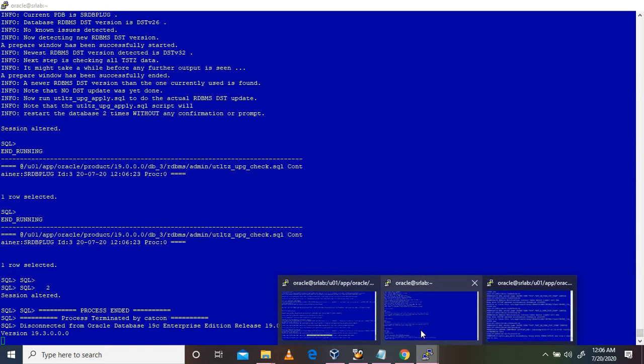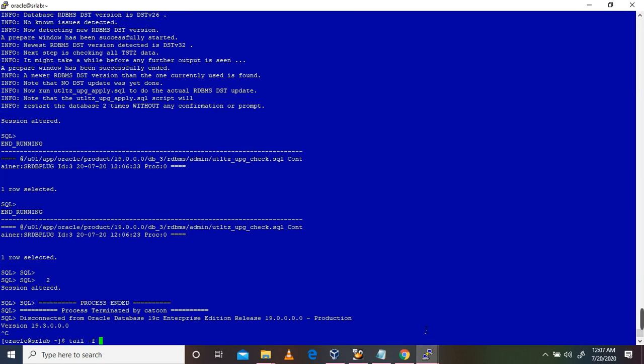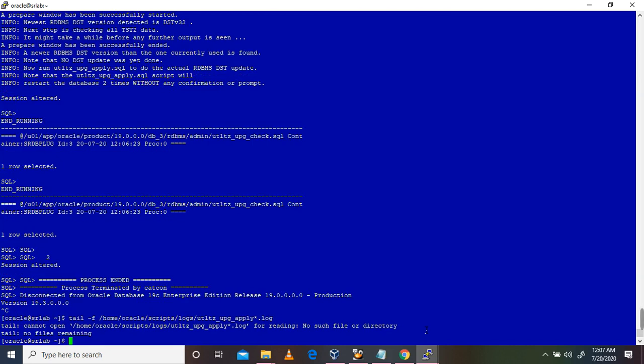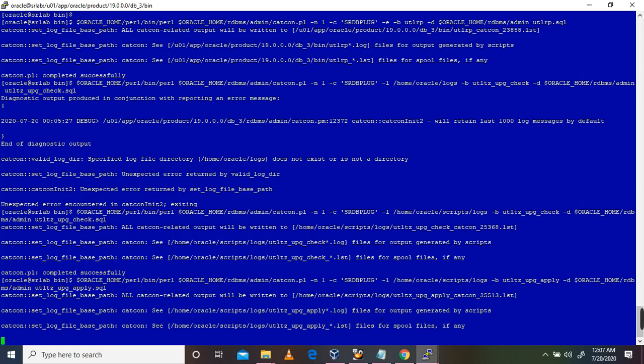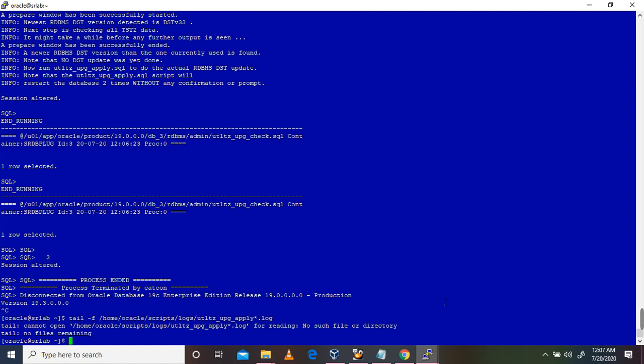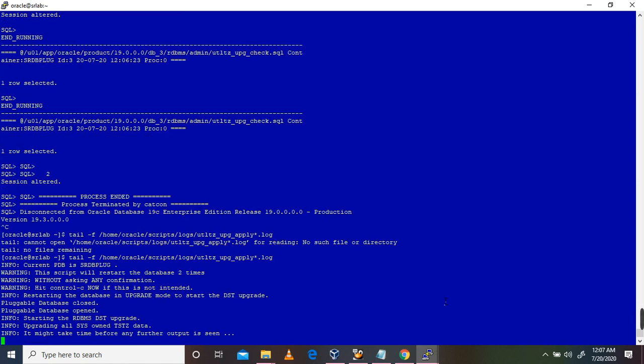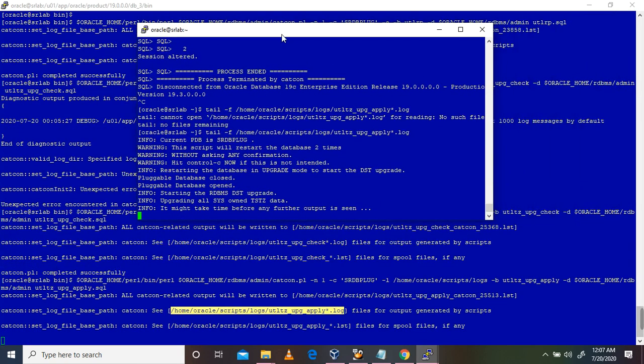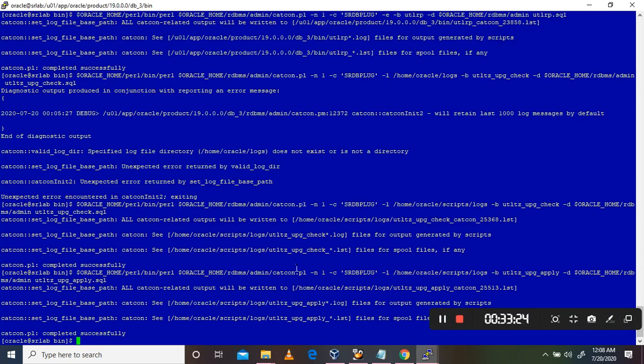You can see the log. It's running. Here also the time zone upgrade gets completed successfully.